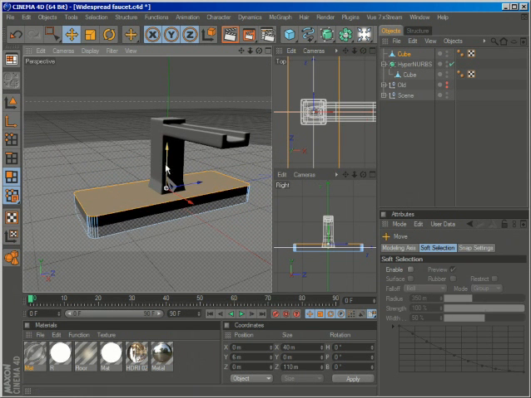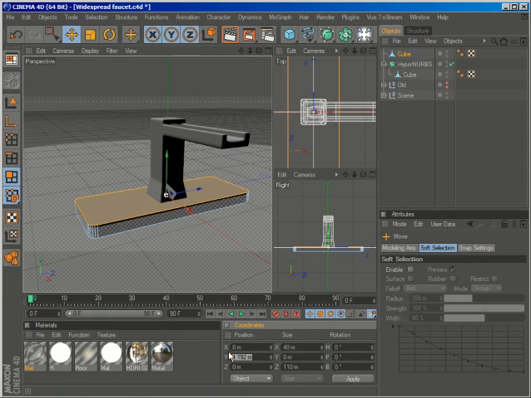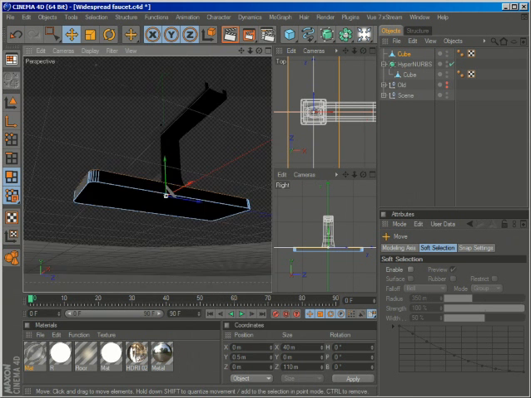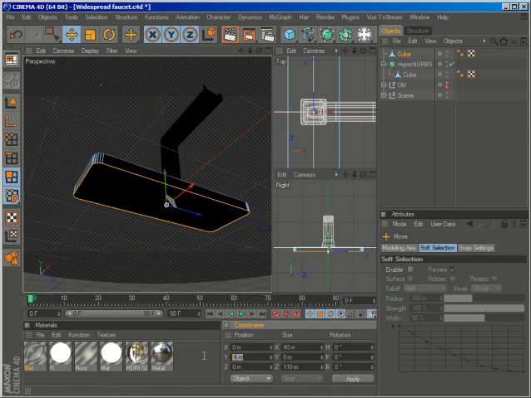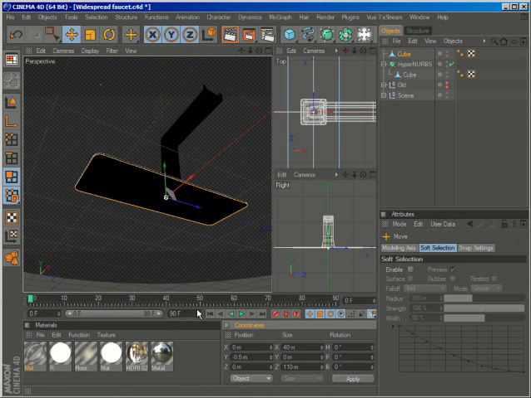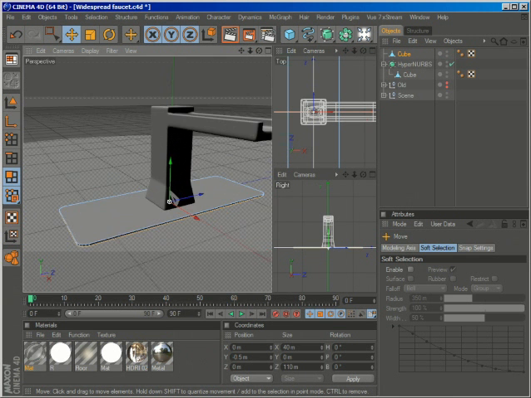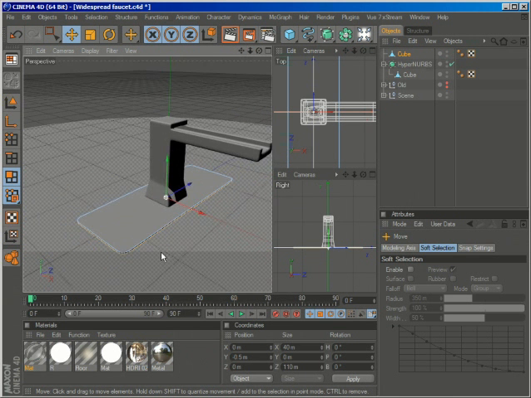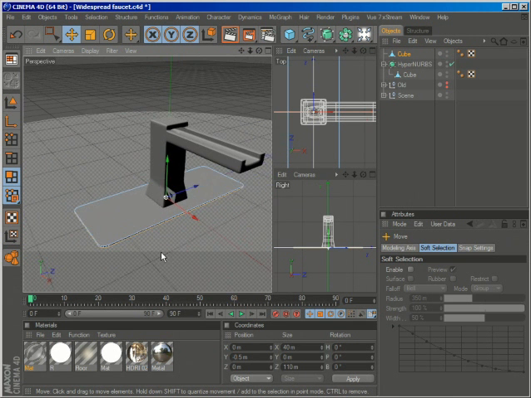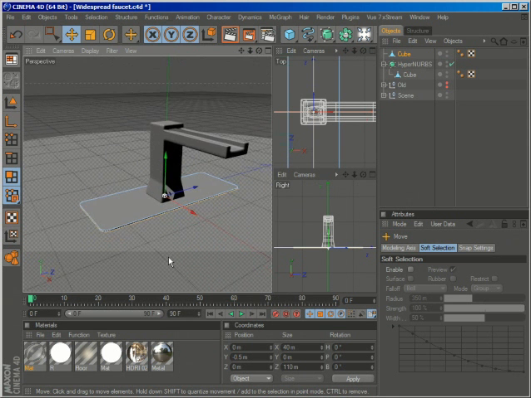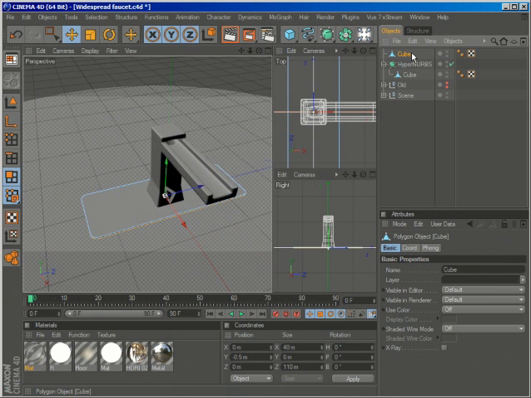Okay, and I'll just make this a little bit thinner, about 0.5, and the other one about -0.5, just to create the base of our object. And I think